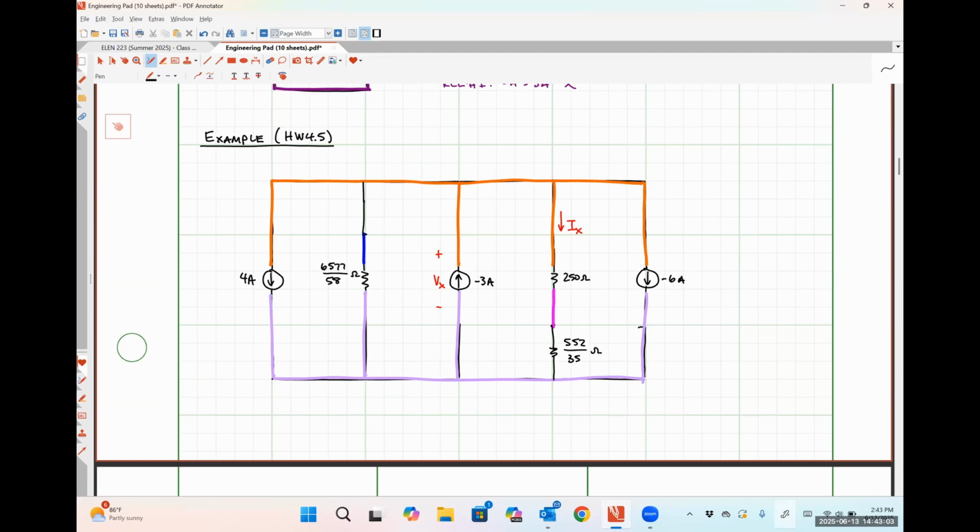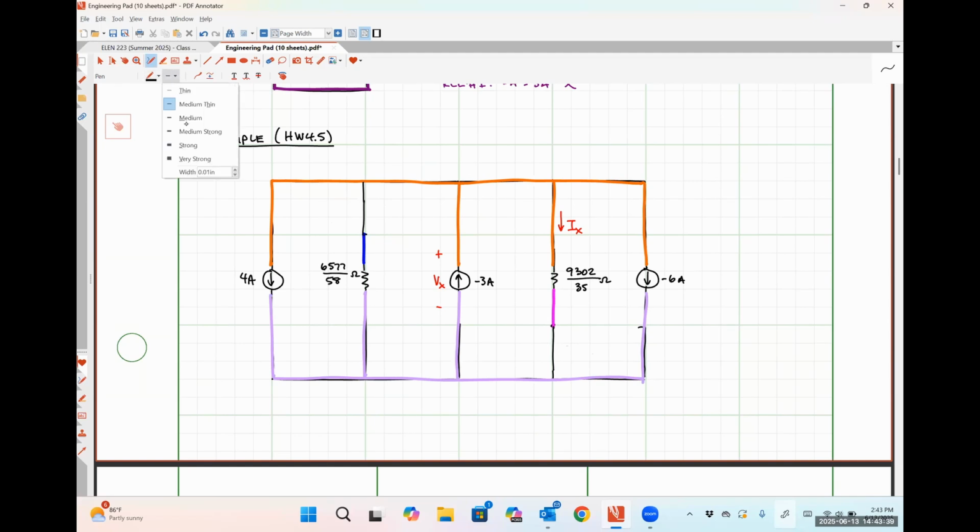And I can combine that 250 in series with that 552 over 35. And that's going to wind up looking like 9,302 over 35. I could combine those resistors together as well, since now they're both between the orange node and